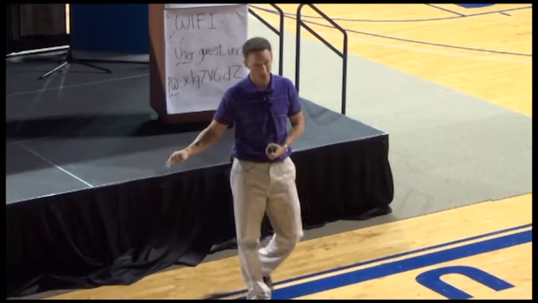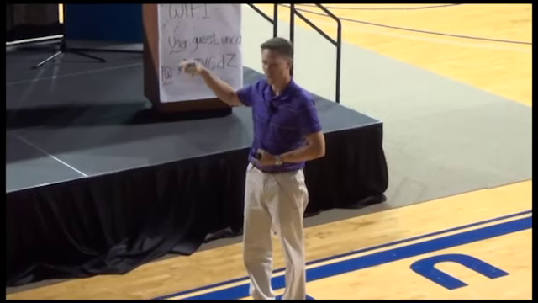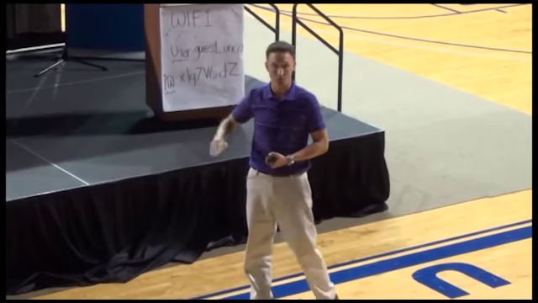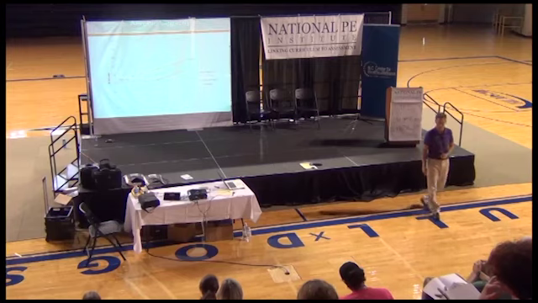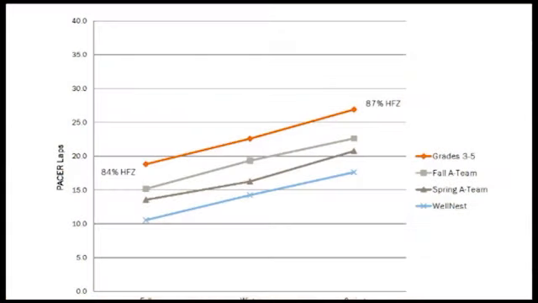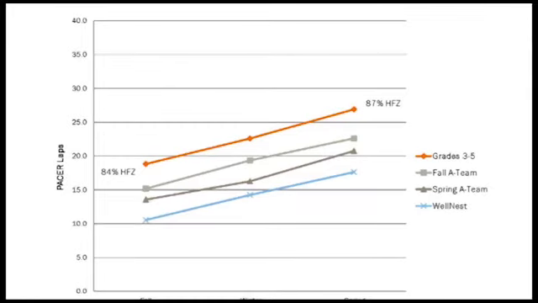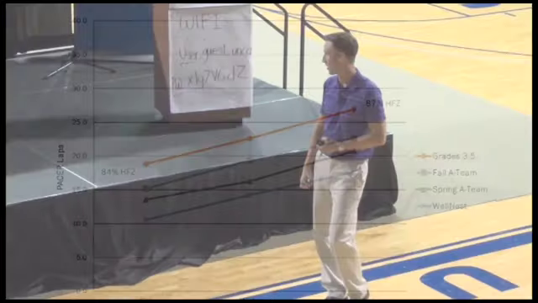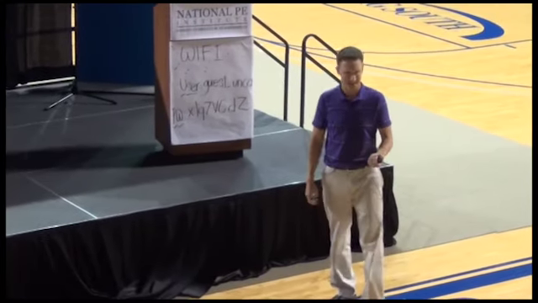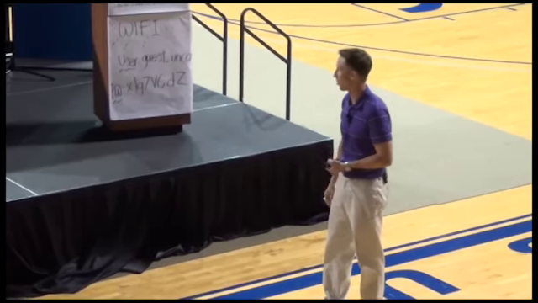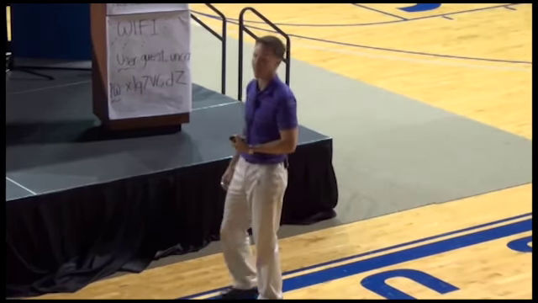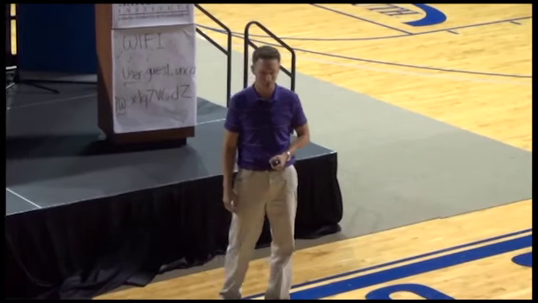It wasn't where we wanted them to be all the way up, but in fact, it actually got them at or above where some of the Tier 1 students were by the end of the quarter. Aerobic capacity, these are laps on the pacer test. So you can see overall grades 3 through 5, and then you can see the fall and spring A teams and that wellness, the Tier 3 after school program. All saw increases in aerobic capacity, and you might expect that. Kids grow, they're going to get more laps on the pacer test each time. But we also saw increases in the percentage of students that were making the healthy fitness zone in aerobic capacity.